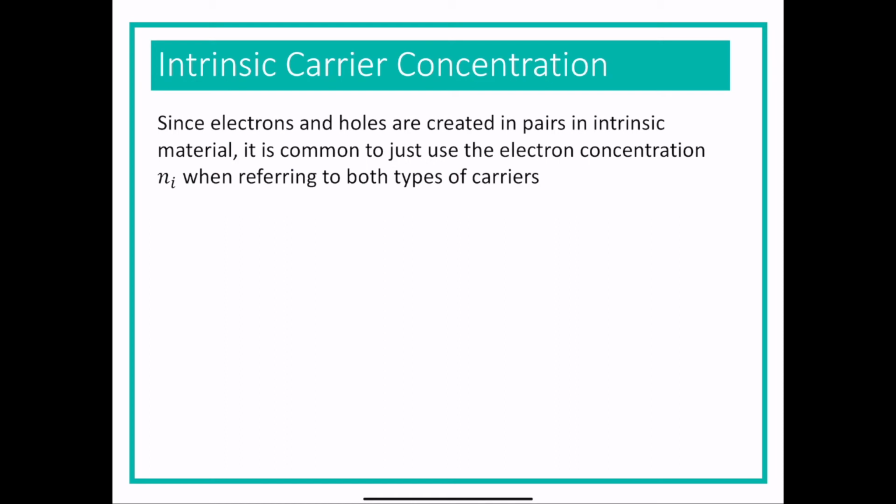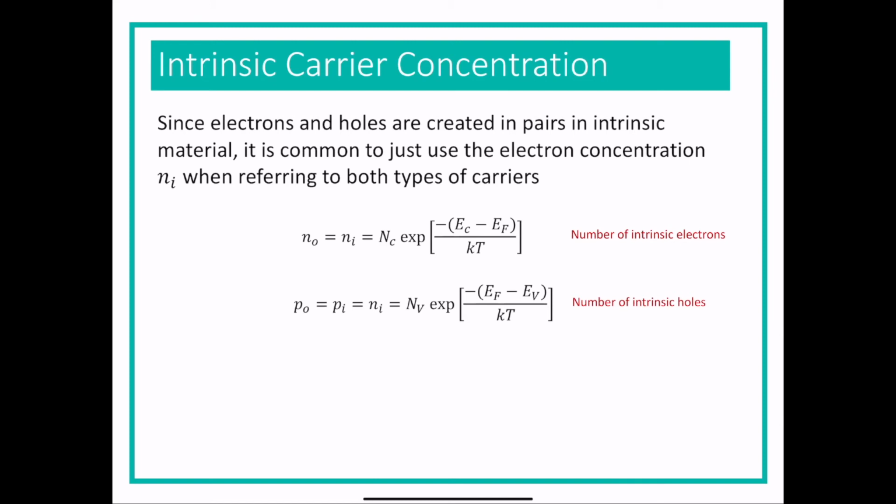So usually when we talk about N sub i in intrinsic material, we're referring to electrons or holes, because the hole number is exactly the same as the electron number. So basically this means that we can calculate the number of intrinsic electrons and the number of intrinsic holes using the values that we just did. But if we multiply these two things together, we can find the total number of carriers in the intrinsic material